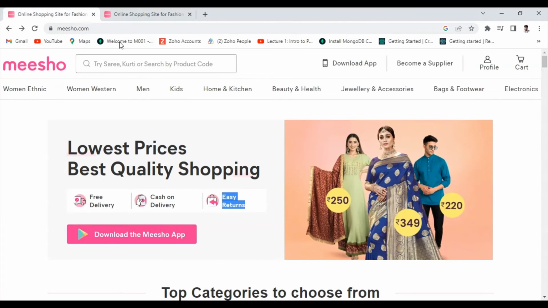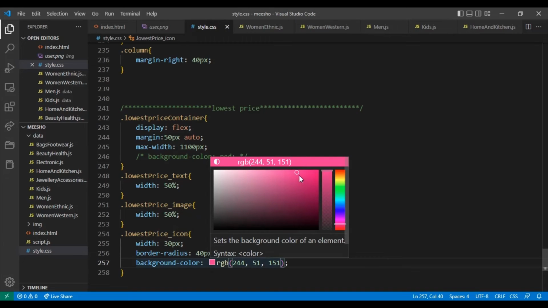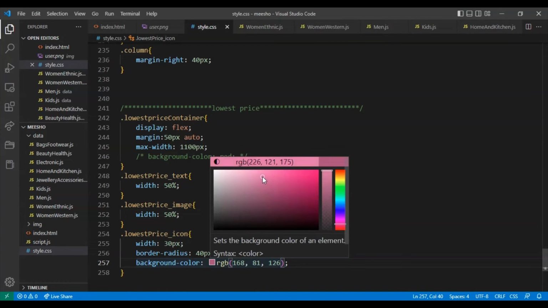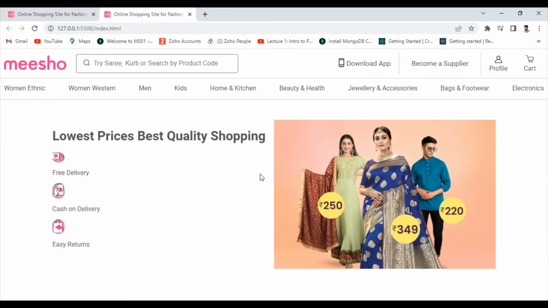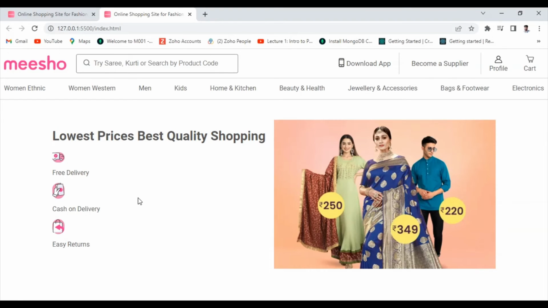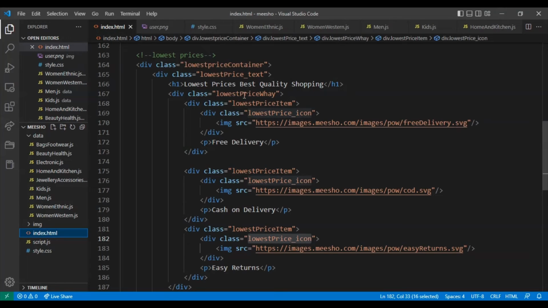I want to give this a border radius of 40 pixels, and the background color, let's see, yeah, like this one, and RGB, I want to give a light color, not this type. Yeah, now okay. And now here we want to make this in row form. For that, here I inserted in the lowest price